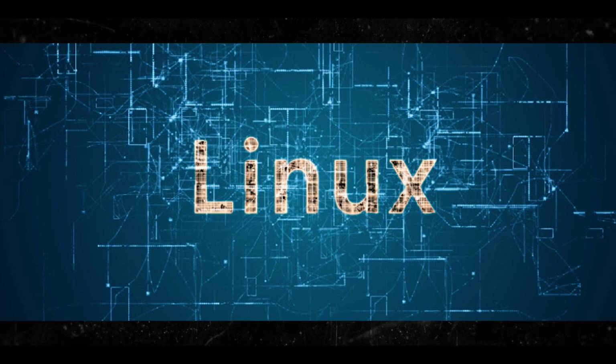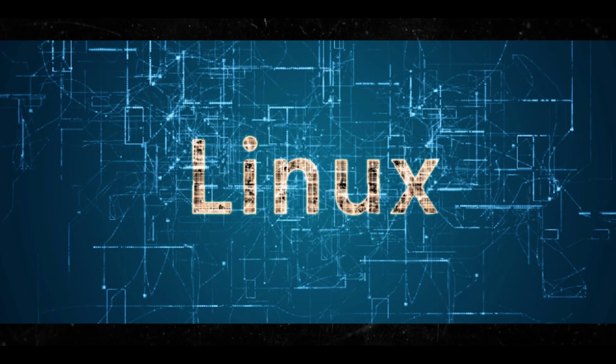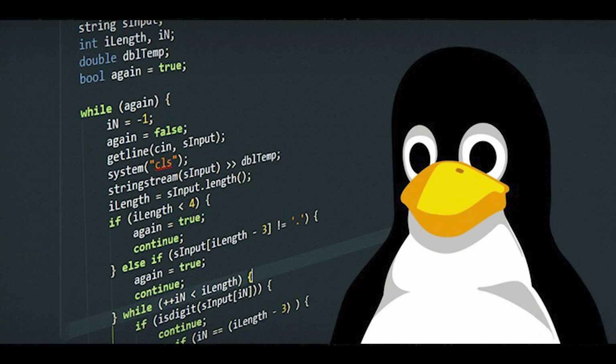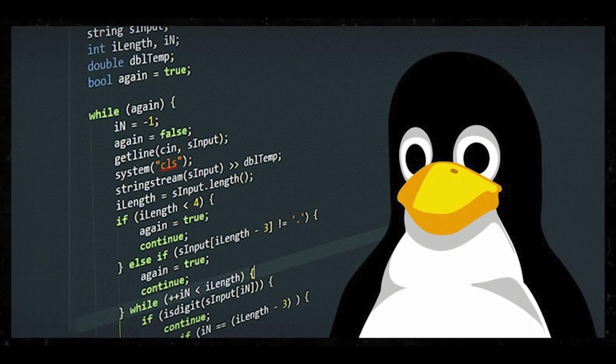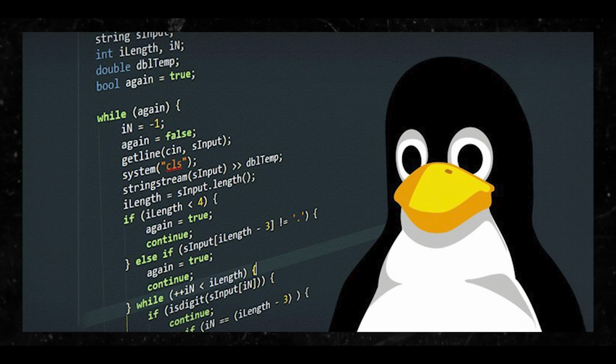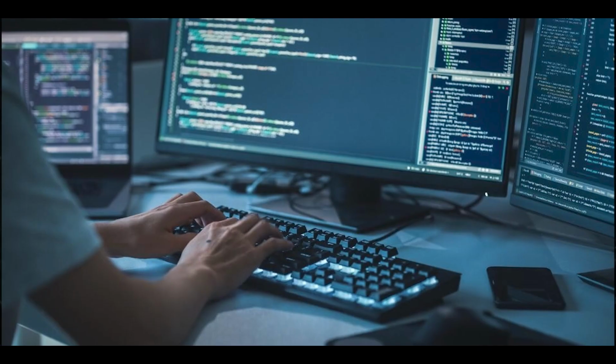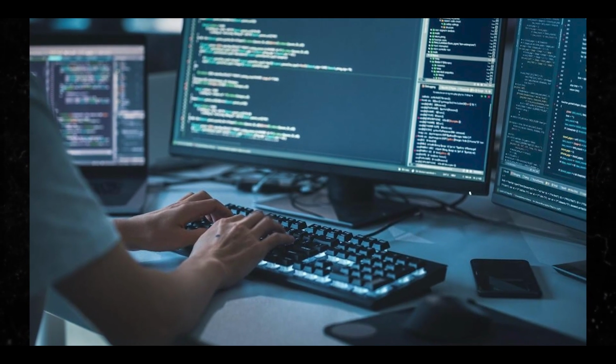So the new Linux feature that is being touted as making hacking impossible is called mseal, a new system call introduced in the Linux kernel. While the claim of making hacking impossible is an exaggeration, mseal does provide significant improvements in security against certain types of attacks. Now, here is how mseal works.